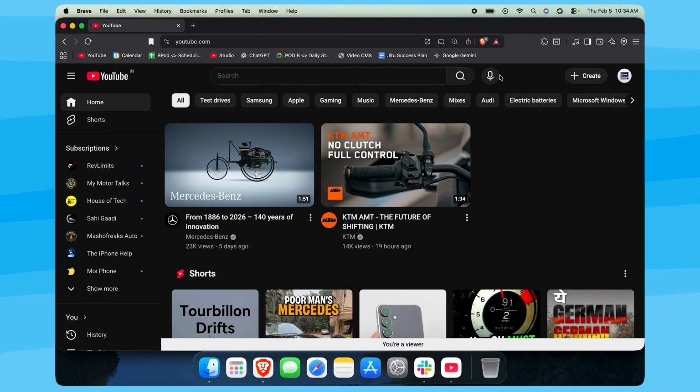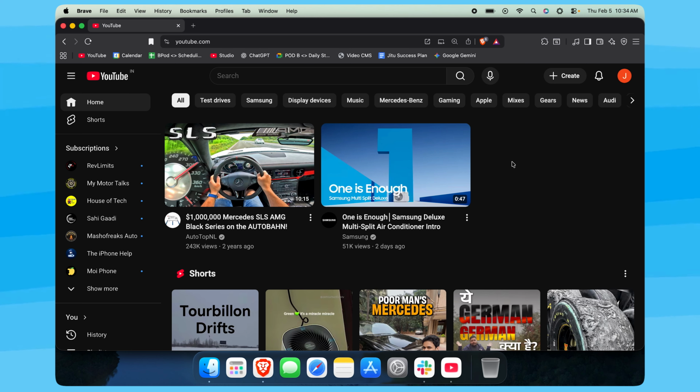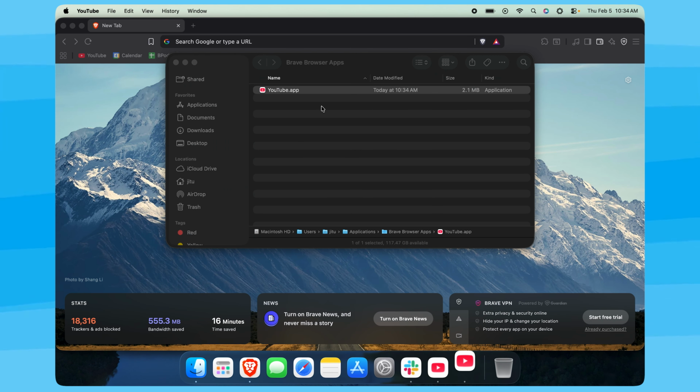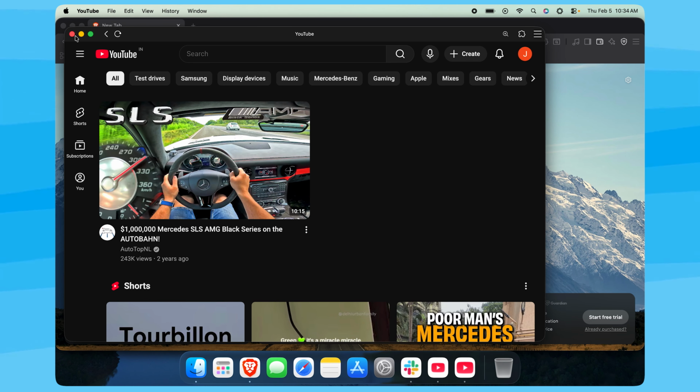This is going to be the same for Brave as well as Chrome, because Brave is based on Chrome. So if I want to download this as an application, here you can see there is an icon which says download or install YouTube. So just click on that icon, click on install, and it has downloaded YouTube as an